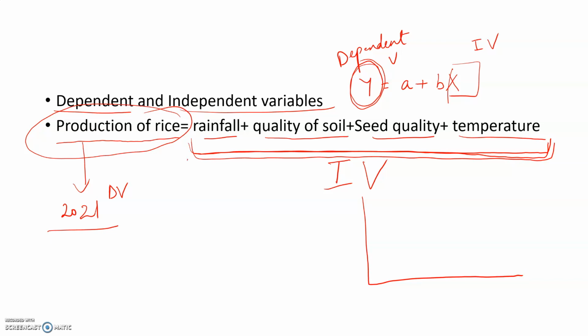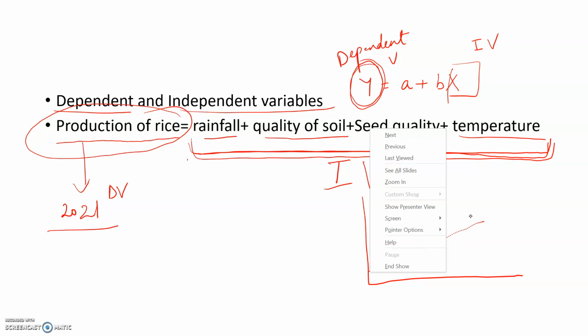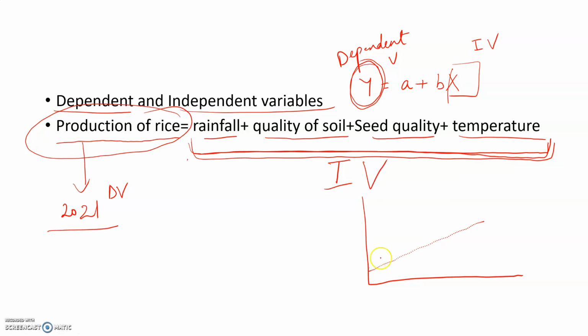So what is least squares estimation? Let's say this is my regression line, right? And my actual values, because the regression line is the predicted value, let's say the actual values are somewhere here, right? This is my production of rice. Because the actual is always going to differ from my prediction. They cannot be perfect all the time, right?